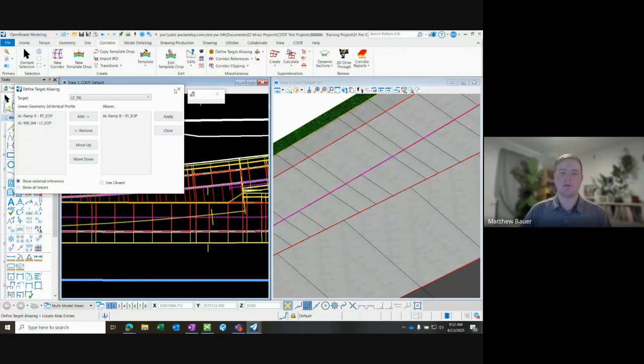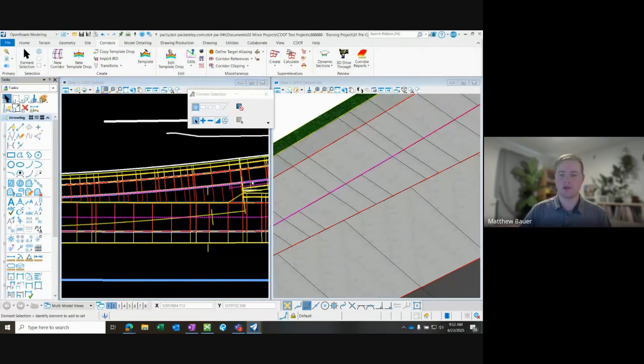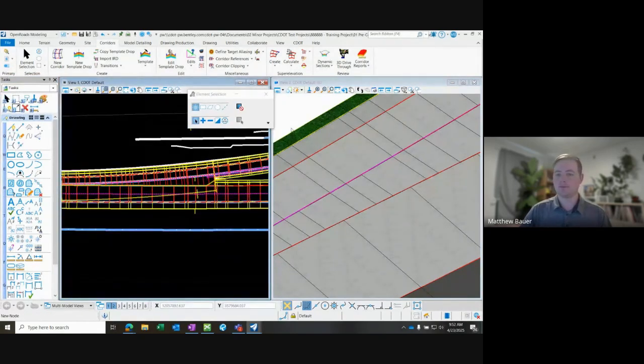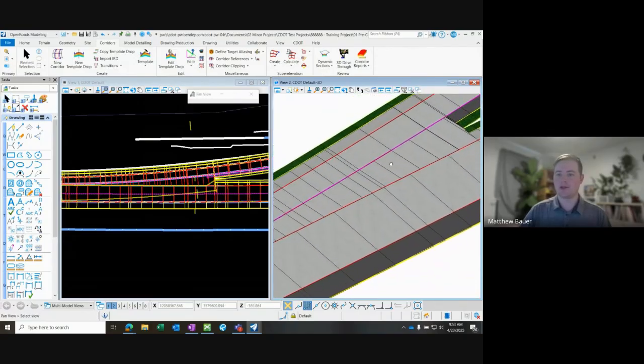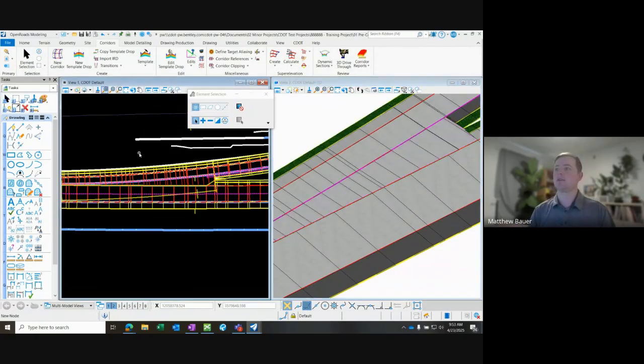The kind of upfront work it takes may seem a little overwhelming, but once you kind of get the hang of using those seek points to find your targets and snap to it, I think it's a really easy way to connect corridors and control those things. So again, that's just kind of a quick example of adding our Gore, and we can stop this